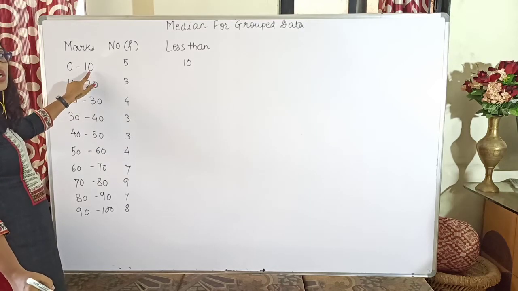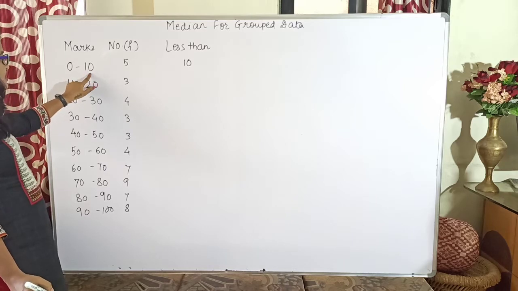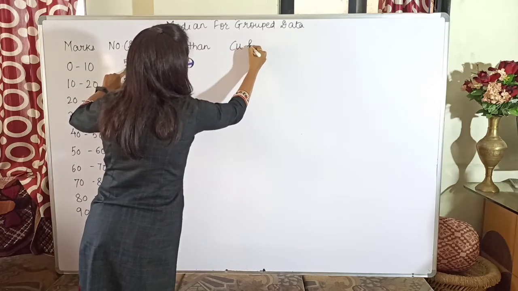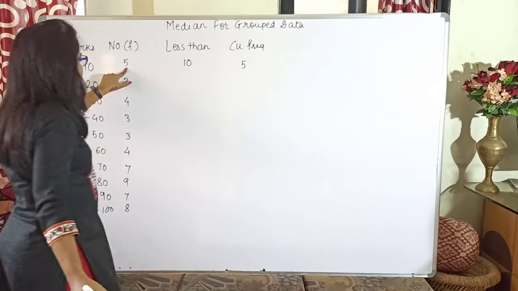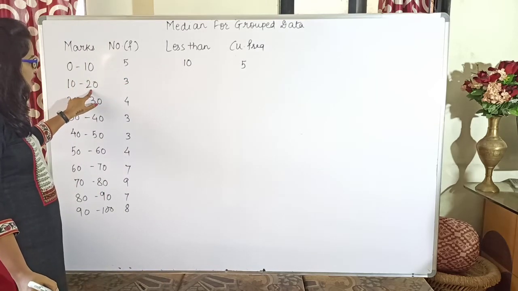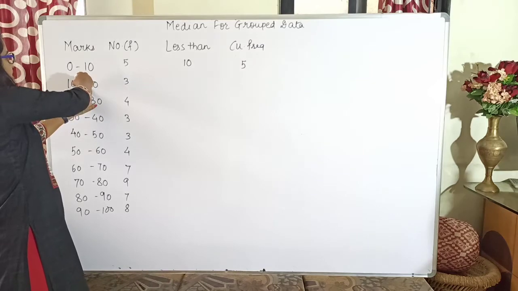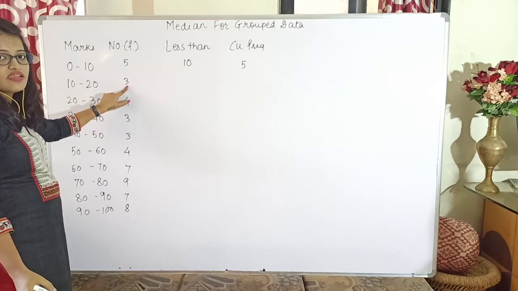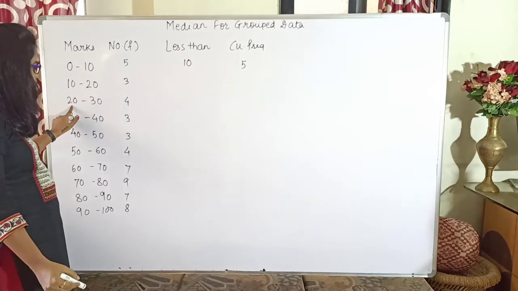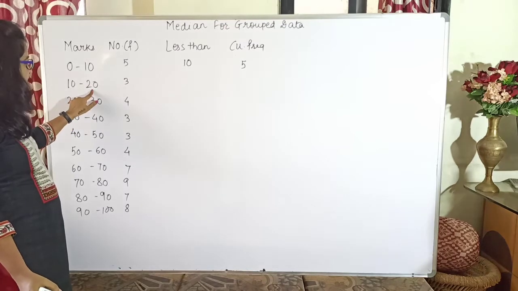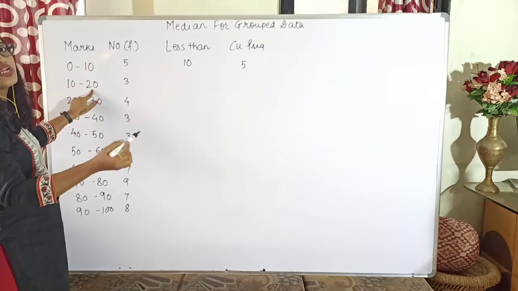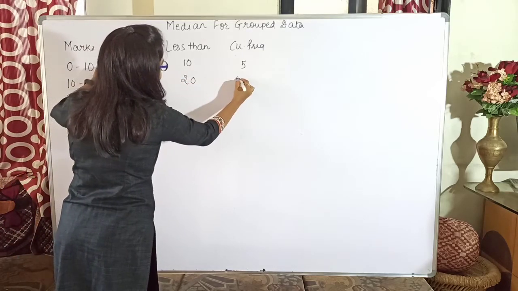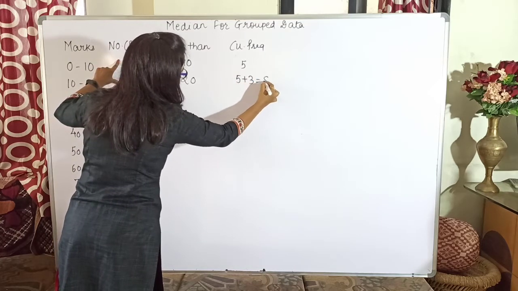So if I ask the question, how many observations are there which are less than 10, what will be the value? It will be 5. So this is my first value, that is 5. Similarly, how many values are less than 20? Less than 20 means the values present in the previous class, and also the values present in this class I have to consider, because the 20 value is actually considered in this way. So here, till here, the values will be from 0 to 19. Okay, so I will add this to find less than 20: 5 plus 3, which will give me 8.